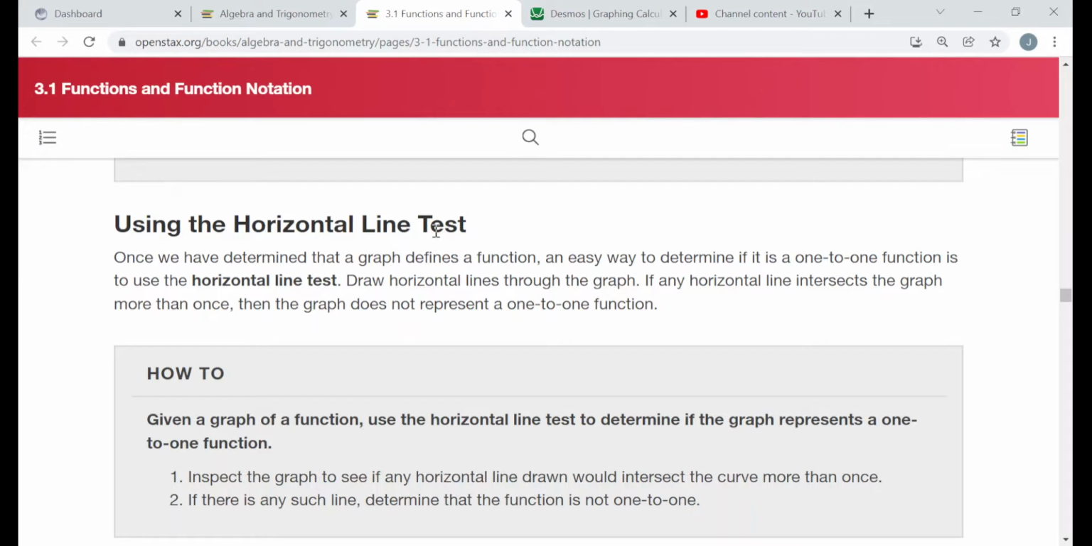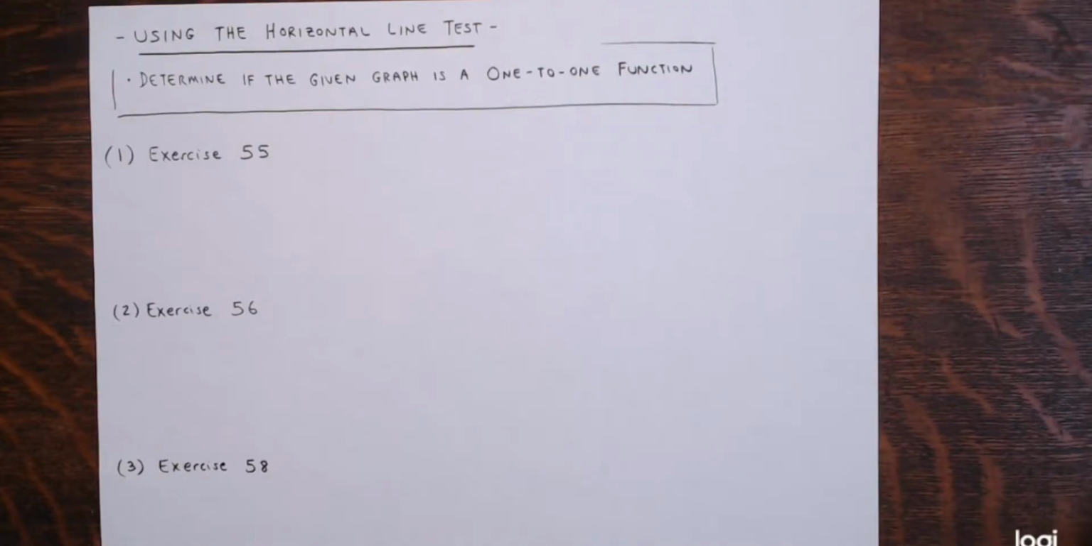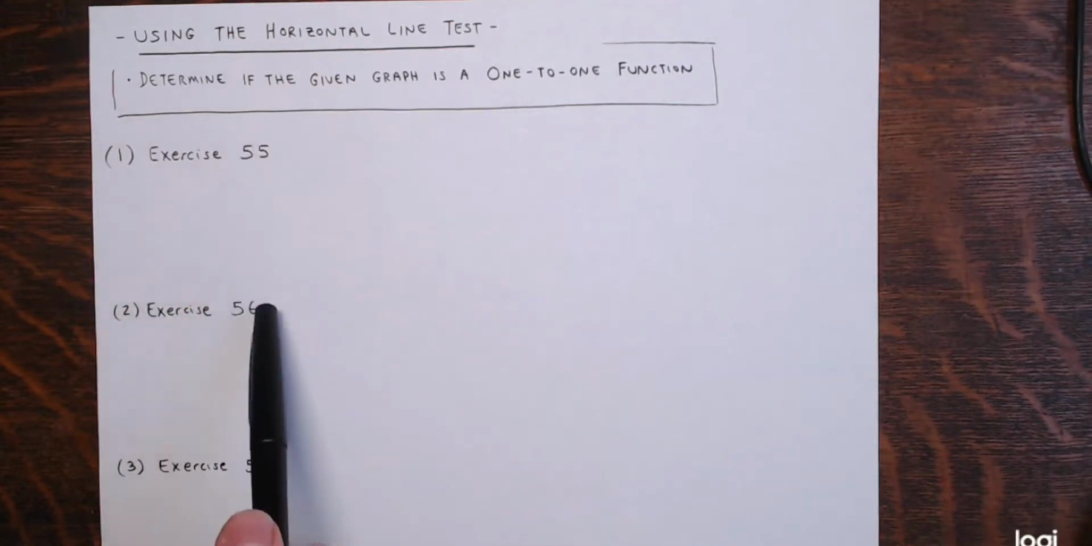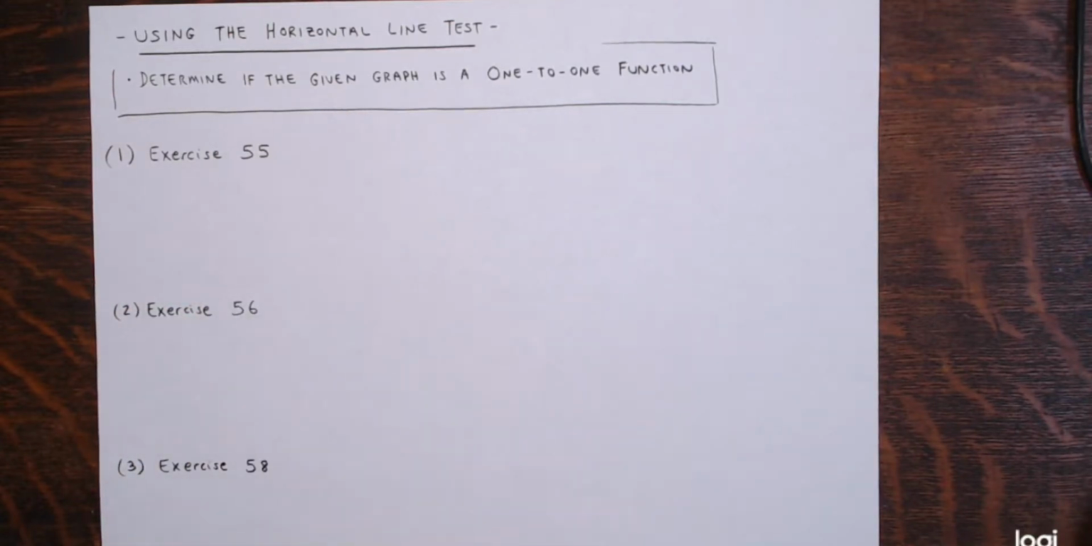I'm only doing a few examples here. Each example is either going to be an example from the reading, or one of the try it problems from the reading, or one of the exercises from the end of the section that are related to this particular objective. I have them written out here. I'm going to be doing exercises 55, 56, and 58 from the end of the section,